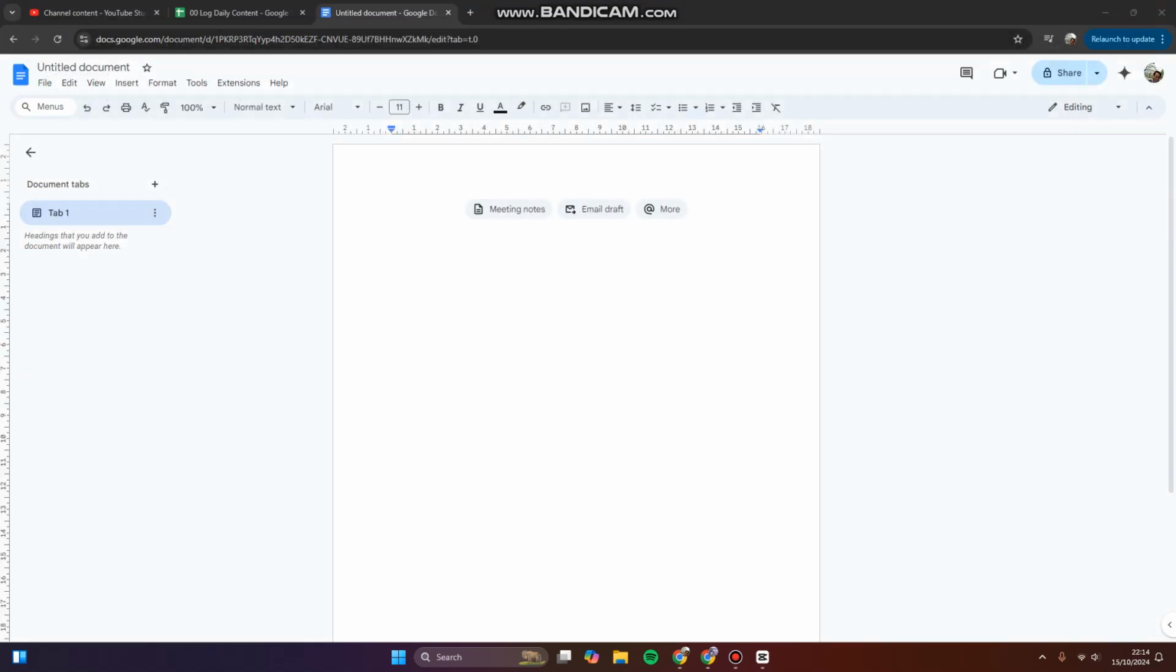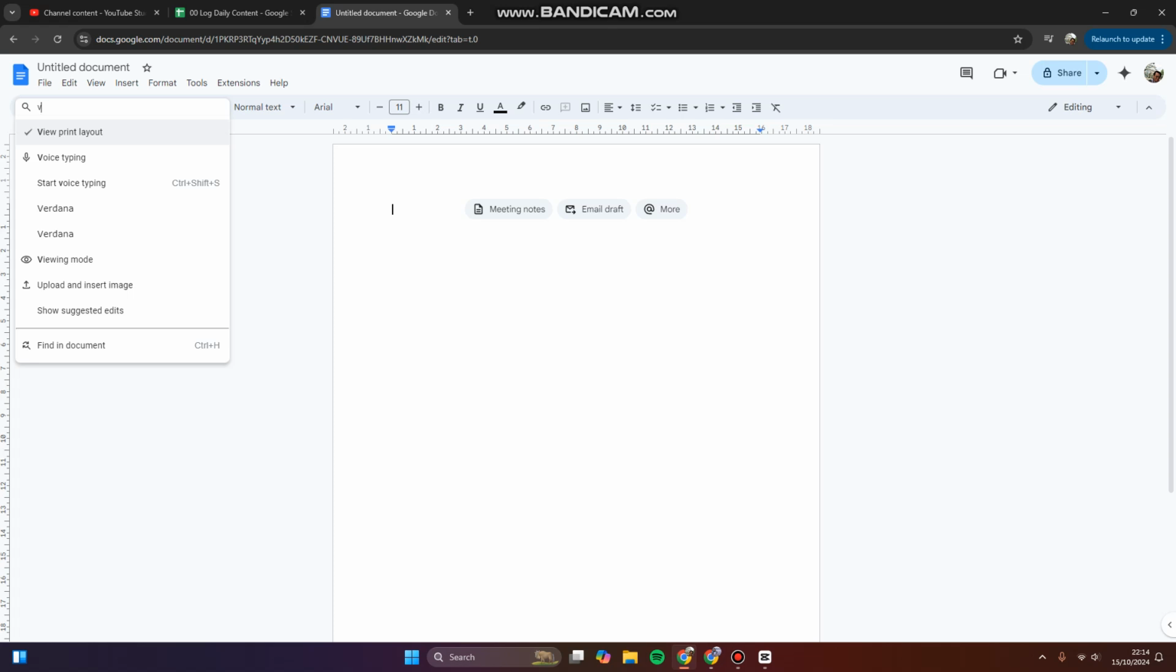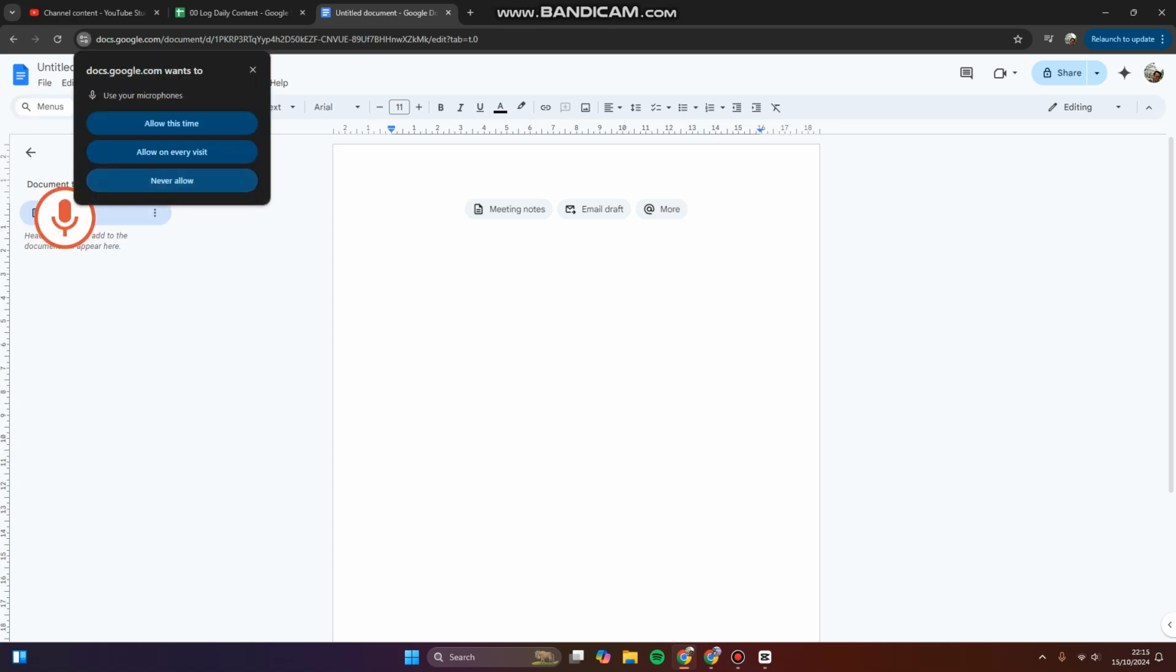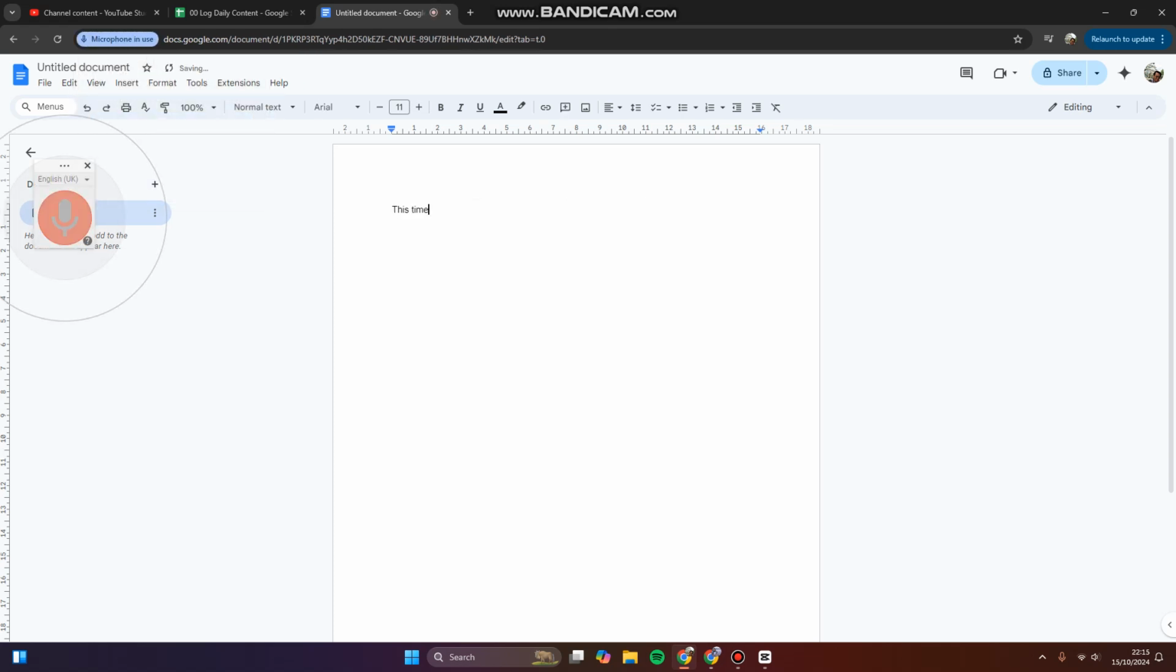After that, you can open Google Docs. Here, if you use Google Docs in your browser, there is no menu or settings to turn on your microphone. So just use the Tools menu instead, and you can see this is Voice typing. You can try to type voice typing here, and you can click start voice typing. You can allow this time, and this is the